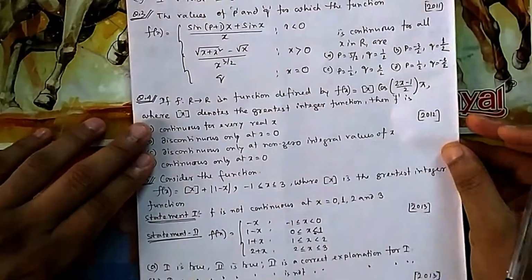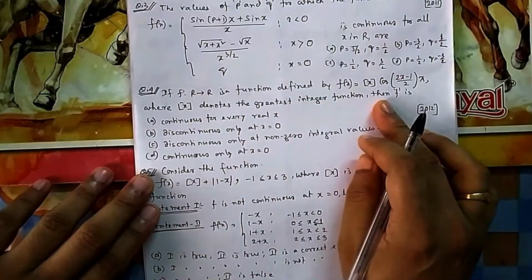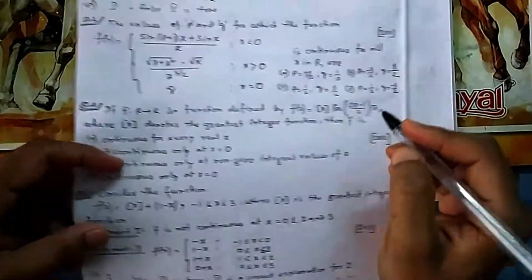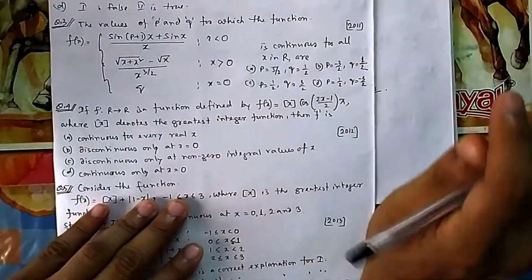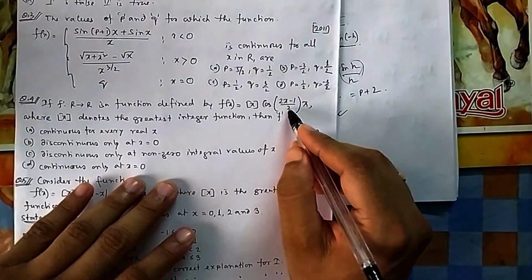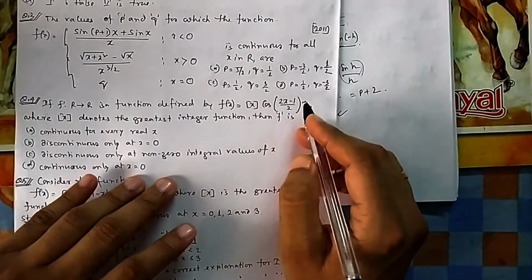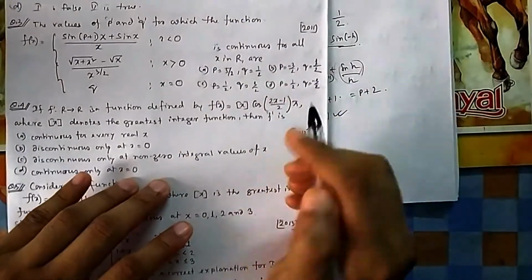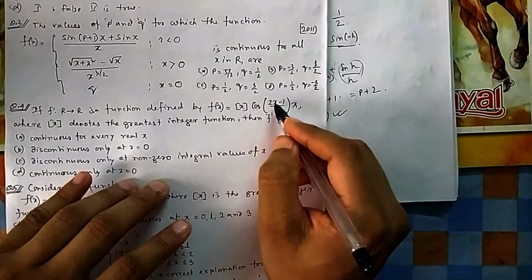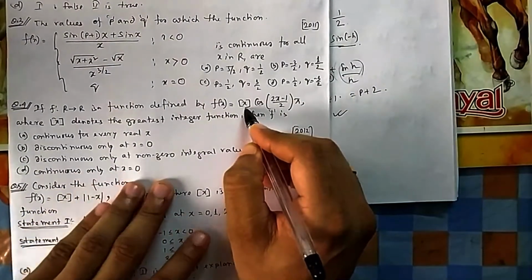Now if you come to 4, if f is a function from R to R defined by this, where the box denotes greatest integer, then f is continuous for this. Now cos x is always continuous, you can draw it smoothly, and you can see there is no problem. If x is in the denominator, then there is a problem, like you cannot put 0. X is in the numerator, you can put any values, and cos is continuous, so continuous of continuous is continuous, but this is not continuous, this is discontinuous at integers.